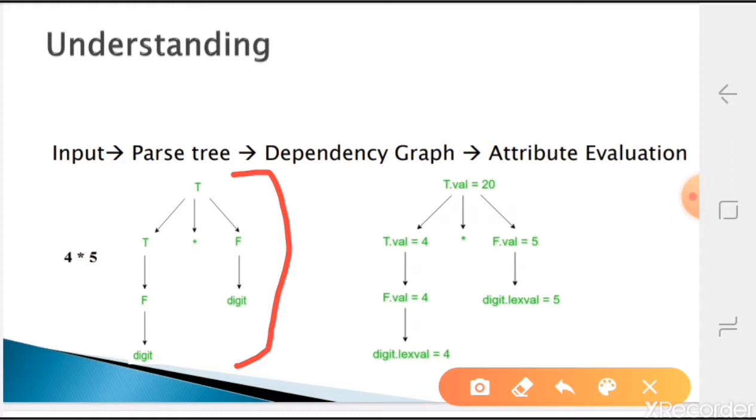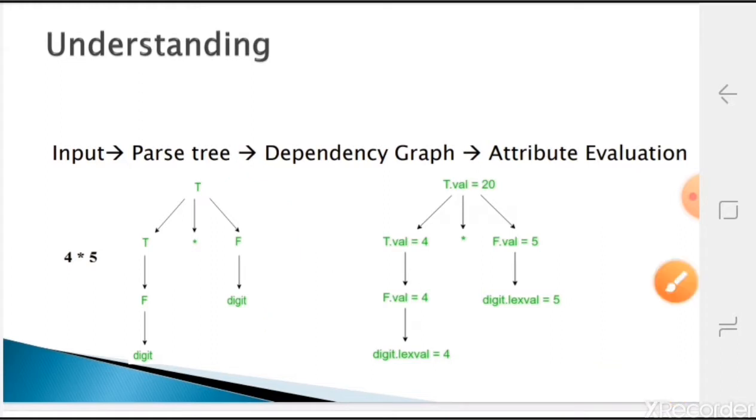That grammar symbol's property is what we call an attribute. Each grammar symbol has attributes, it may be one or more than one, depending on the situation. However we define it, we will study. If you see here, for T we have T.val. Here val is the attribute for the T symbol.